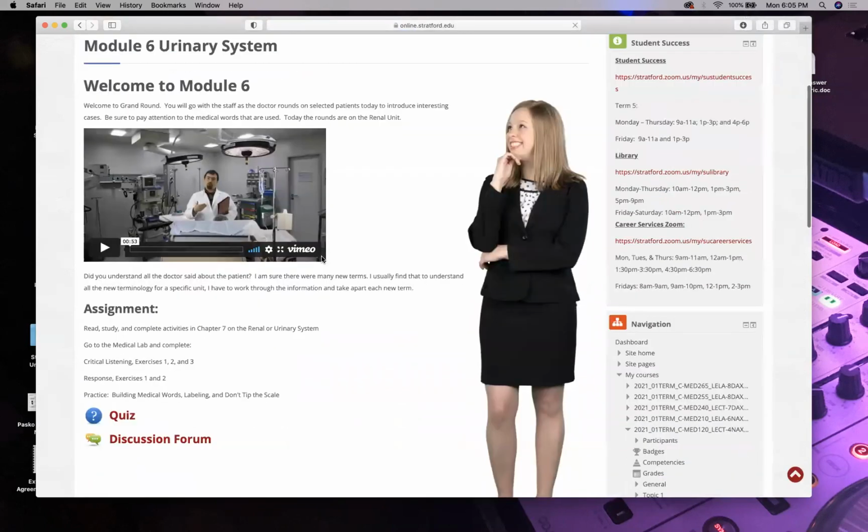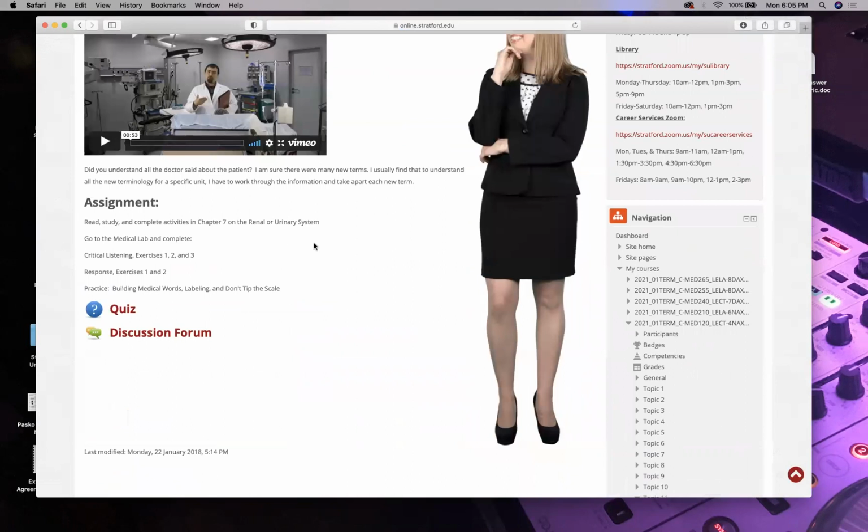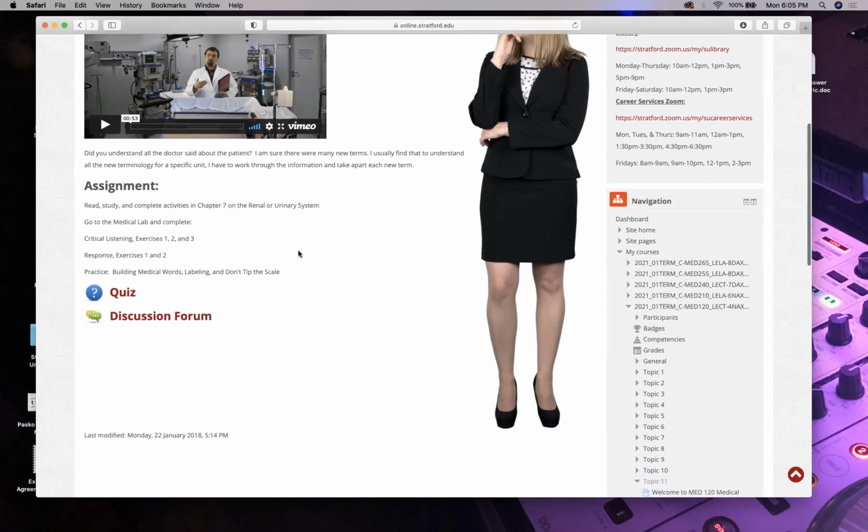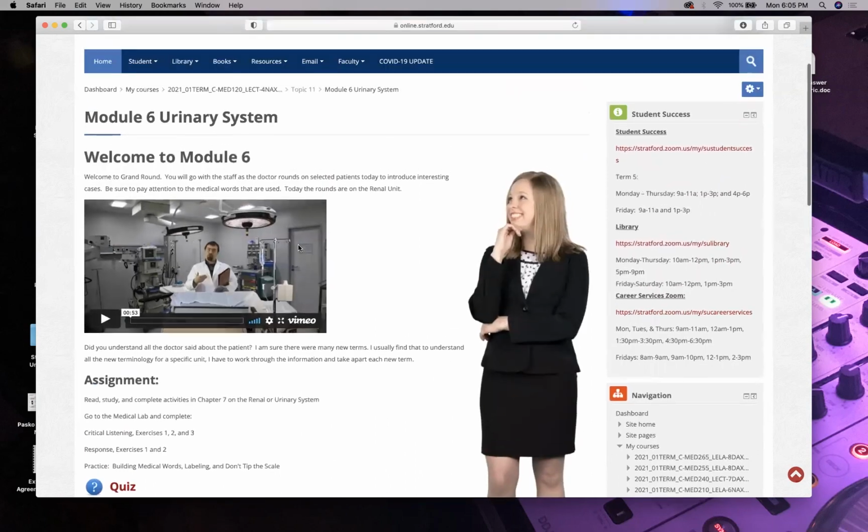And the topic for today is the renal system, also known as your urinary system. Renal, we already know that word, pertaining to your kidneys, and urinary, pertaining to urine. So of course, that's the big thing about the renal system. It makes urine, and that's important.